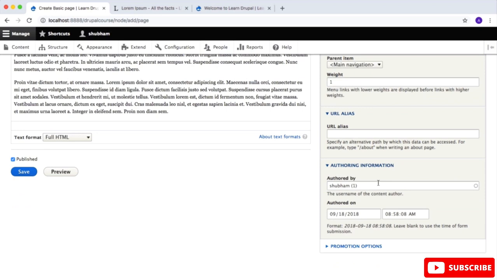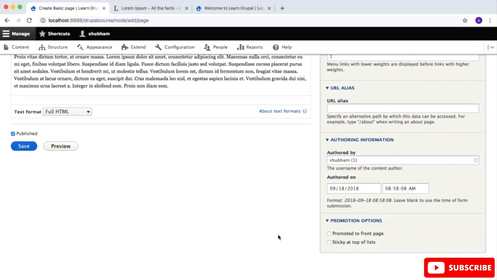So here we are authoring this content, so we will leave it completely. And in the promotion option, just click on the arrow and scroll a little bit down and you will see 2 options, which is promoted to a front page and stick at the top of list. Well, these options are basically used for blog post, so we will not do that. But what are these options?